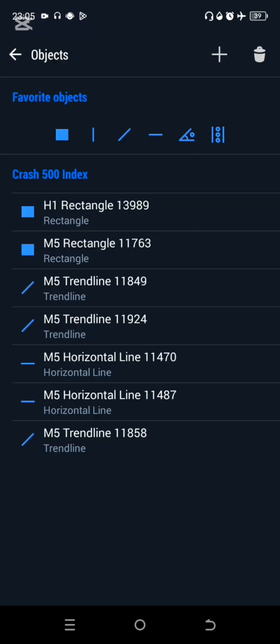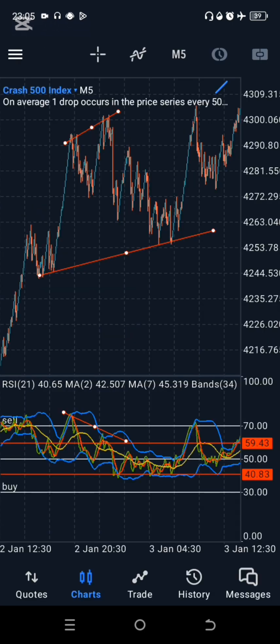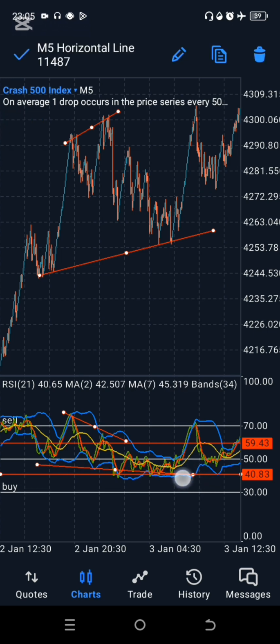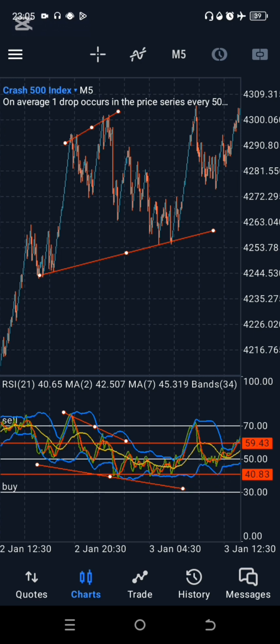And let's go to the indicator window. Divergence is one of those things that you have to practice until you get to see it. It's quite hard for you to spot divergence at first, but if you train your eyes to see this,